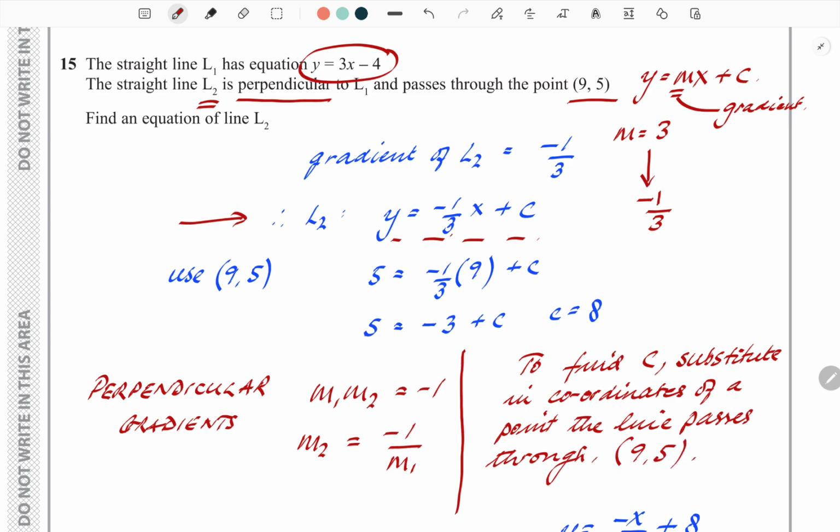Okay? Those are the 2 rules that you need to remember for this type of question,